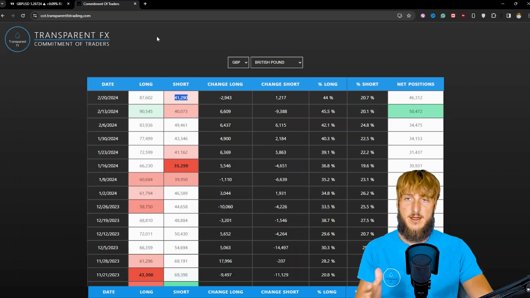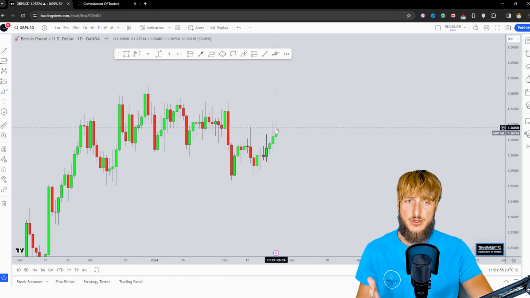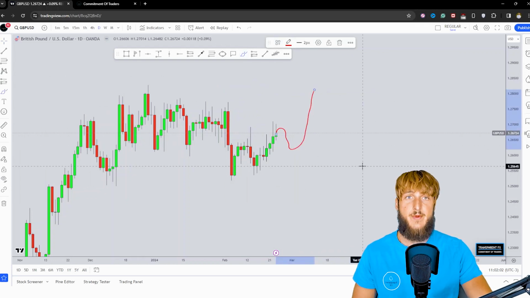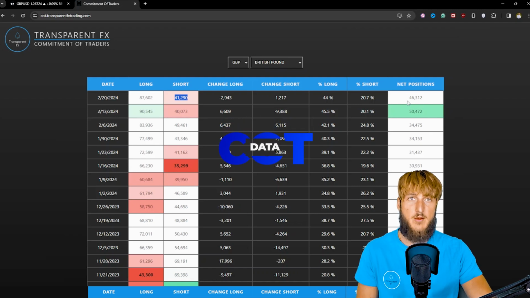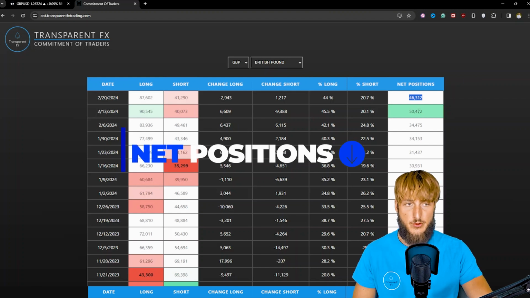So moving back to the charts, what can we see? Well, in a situation like this, in the long run, after the completion of the W, we could expect more bullish price action because institutions in the long run are moving to the bullish side. But we must notice how in the very short term, we are in fact seeing a decrease of net positions